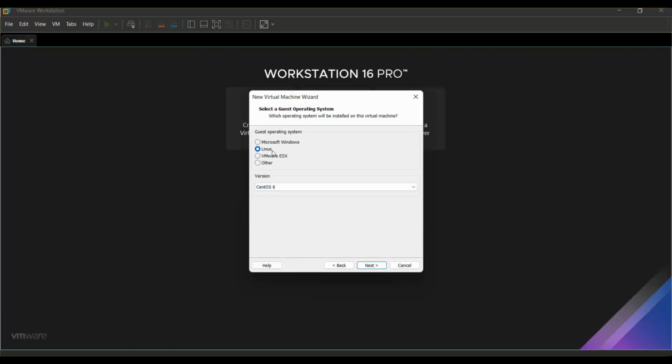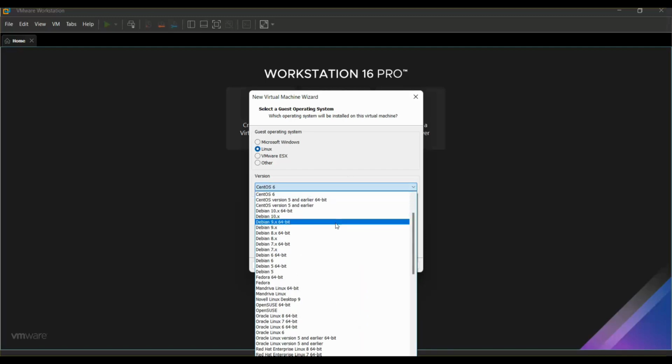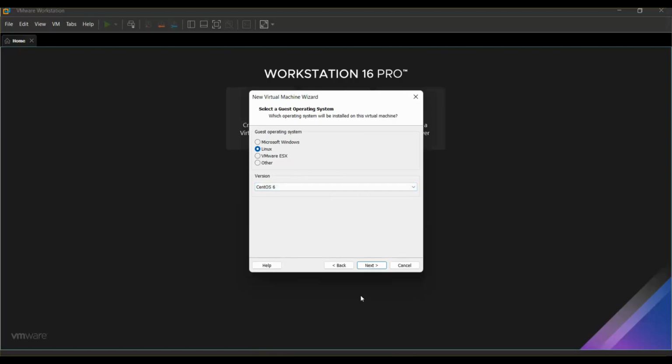And select which operating system you want to install. I want to install Linux operating system, so this option is selected. And the version you can select from here. So many operating system versions are available here. You can select the version which you want to install. I'm selecting this. Now click on next